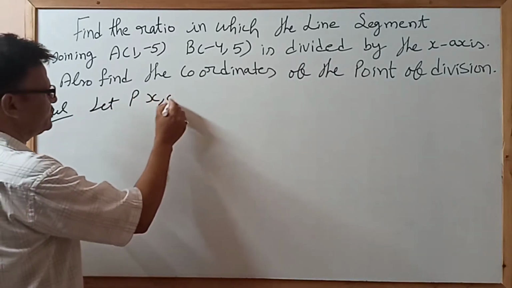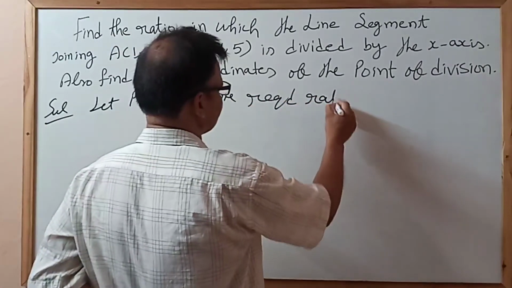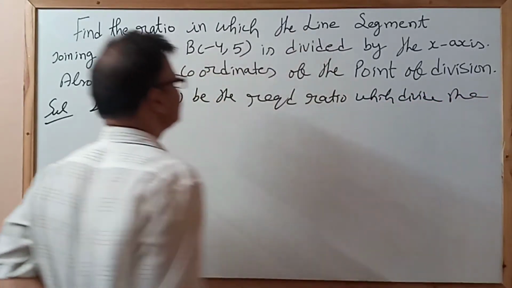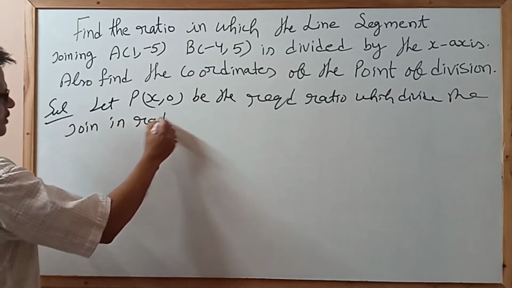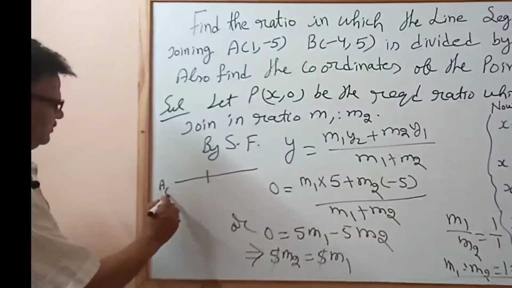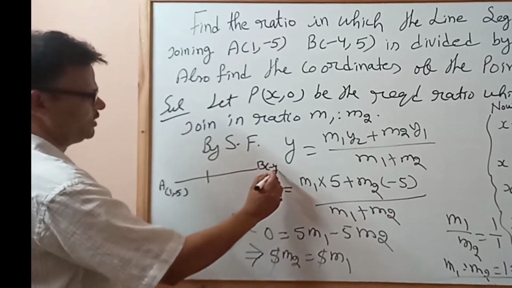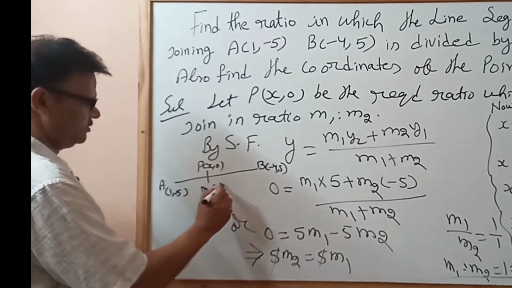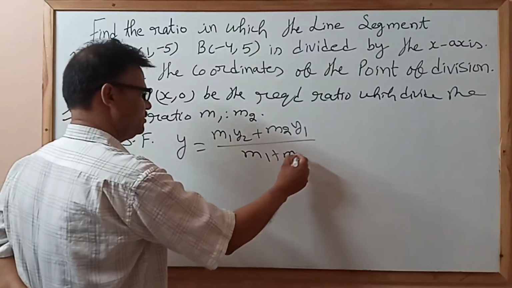Let P(x, 0) be the required point which divides the line joining A(1, -5) and B(-4, 5) in the ratio m1 ratio m2. By the section formula, we get